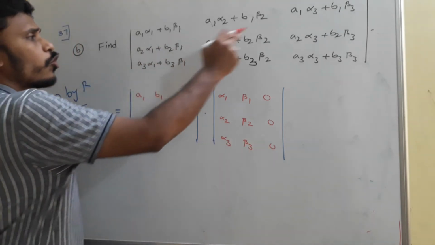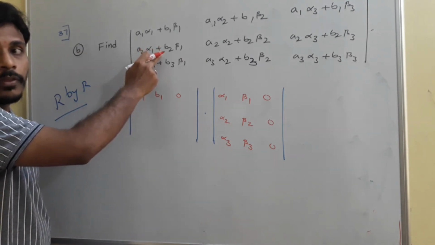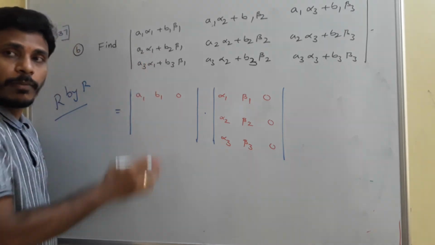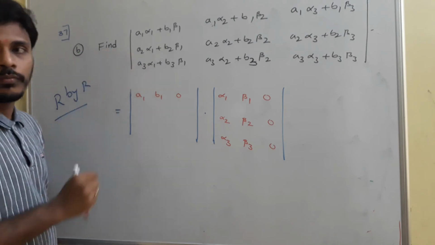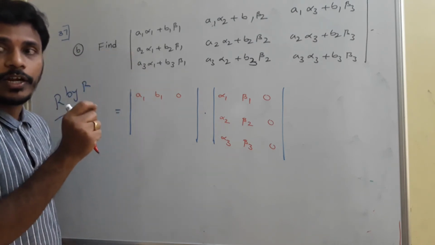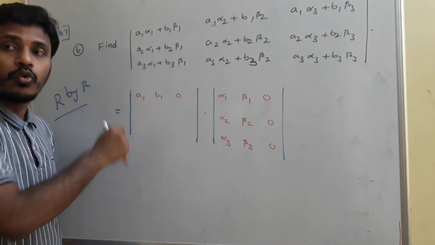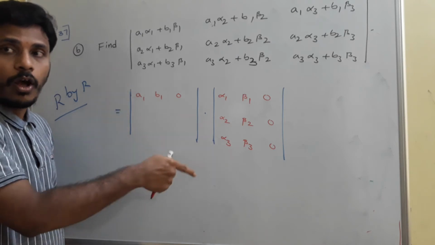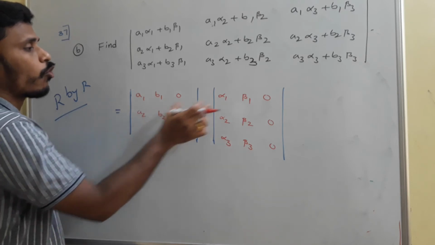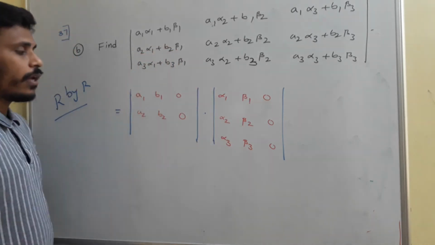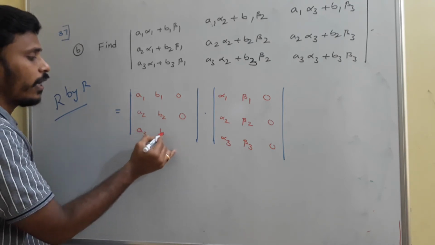So now to fulfill all the remaining 6 elements, this is second row first column. So you need to take the second row of the first matrix as well as the first row of the second matrix, because its position is 2 comma 1, second row first column. That's why you need to think about 2 and 1: second row, and 1 of the first row. So if you take a2 b2 0, and multiply this second row with this first row, it gives us a2 alpha 1 plus b2 beta 1 and then 0, and automatically here it is a3 b3 0.